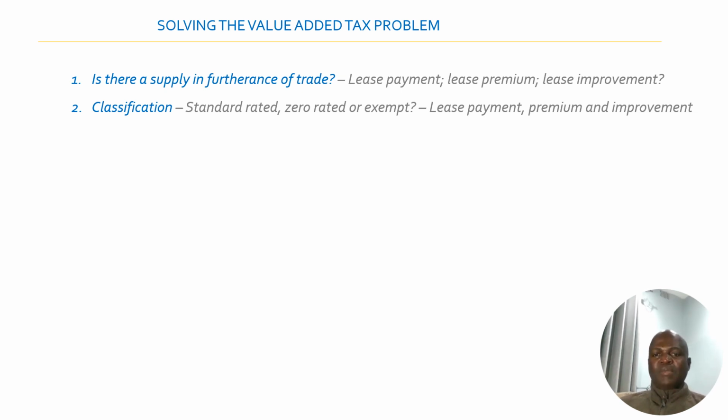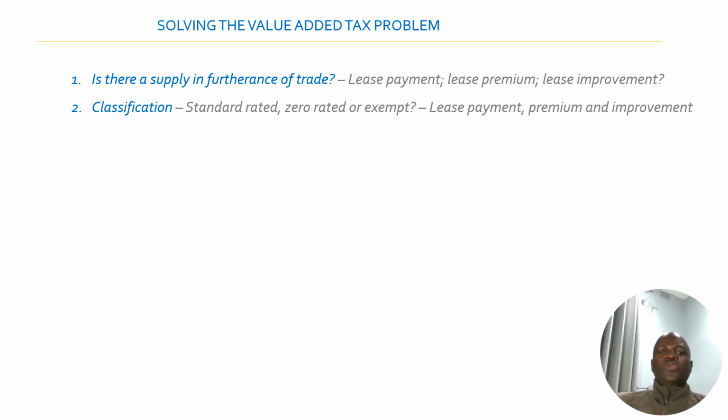And in some cases, a premium for that supply. Again, the supply on the premium is that additional advantage. And the supply on the lease improvement is the actual improvements. So for instance, if it's a building, someone then improves it by putting a helipad where a helicopter can land. The construction of the helipad is the supply, which are goods really in that case. So yes, at the back of your mind, this is a transaction that has a supply and in